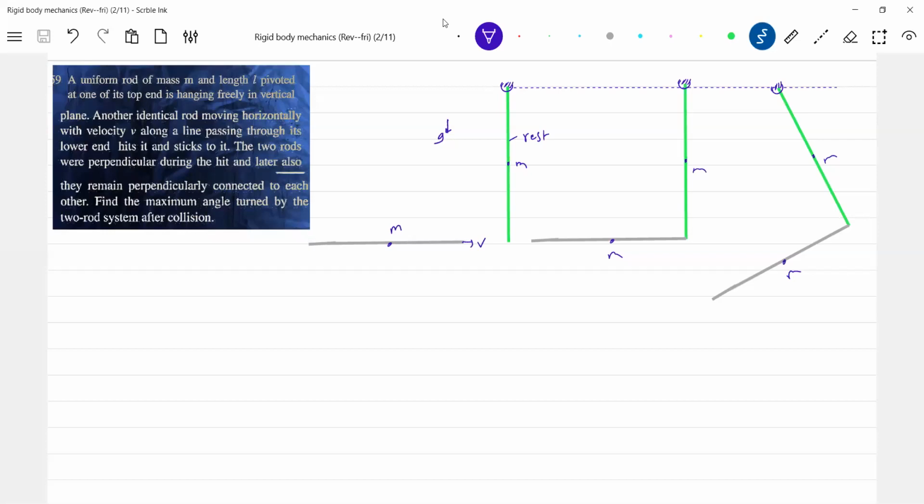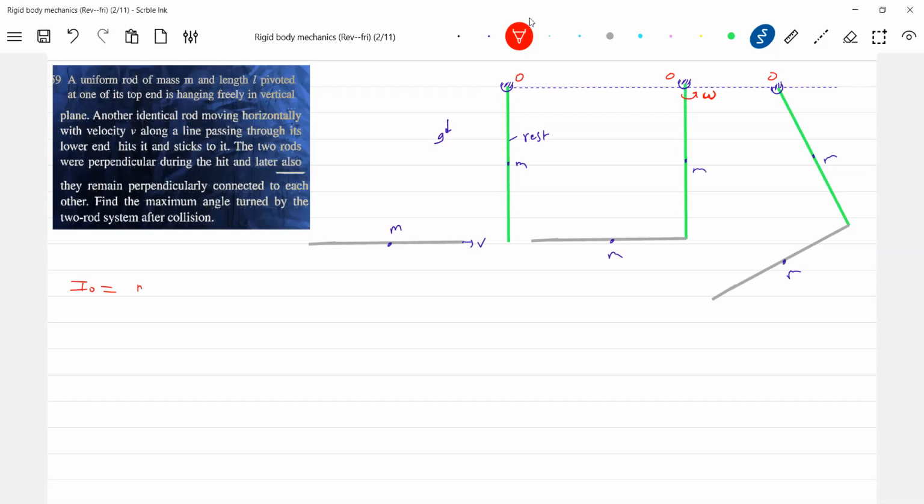First, shall we get the angular velocity of the rod just after impact? Just after impact, it will have angular velocity. We'll try to get that angular velocity. For that, we should know the moment of inertia about O. I_O is needed. So just after impact, the rod will become L-shaped, so we'll find out the moment of inertia. So looking at the second diagram,